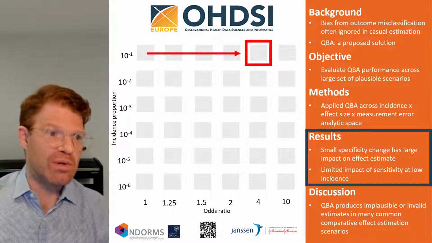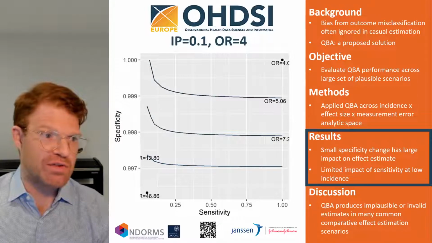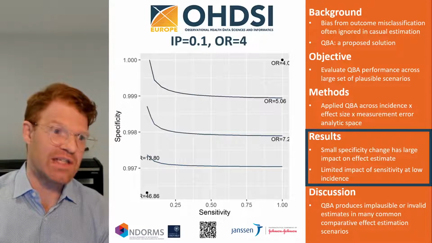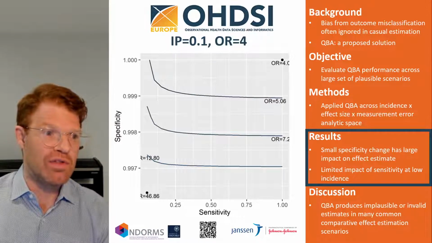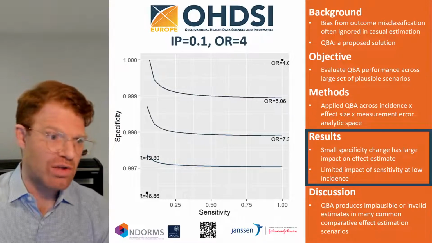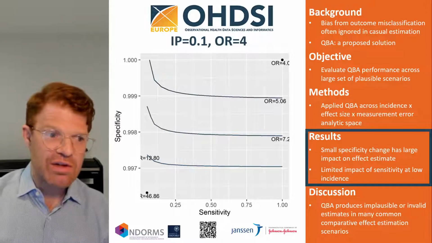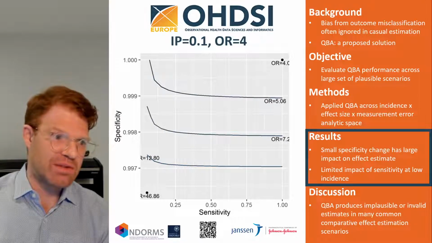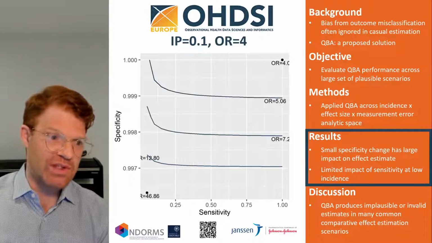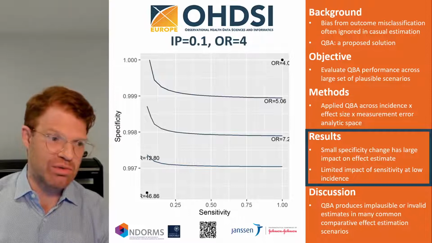Now, if we vary the input by increasing the uncorrected odds ratio to 4, we get another scenario where we see a narrower range of specificity values on the y-axis from 99.6% to 100%, and the sensitivity on the x-axis still ranges from 5 to 100%. With no measurement error at all, we see the estimate of 4 in the upper right. Again, the 3 curves are the contours for different percentiles of the corrected estimate distribution across this space. In this scenario, the maximum valid QBA adjustment to the uncorrected estimate is greater than 400%, where the sensitivity is around 5% and specificity is 99.6%, which we can see in the lower left. And although mathematically valid, this is a highly implausible result.